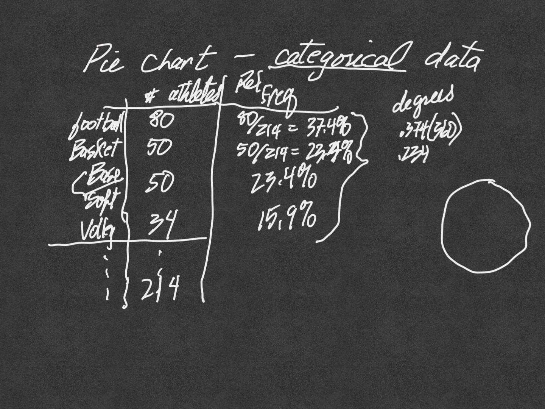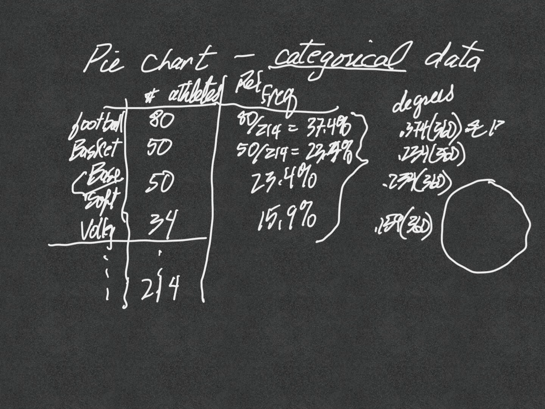And this is something that I've seen in the past students have a problem with. You're trying to convert the percentage to an actual value in the pie chart. And so we multiply those. For instance, I take 0.374 times 360 degrees, and that's